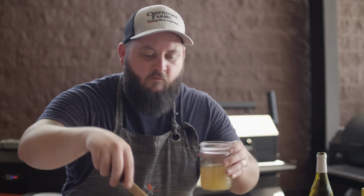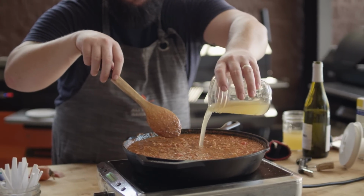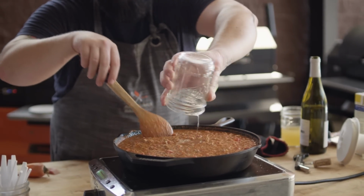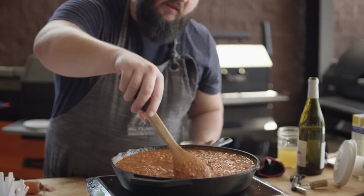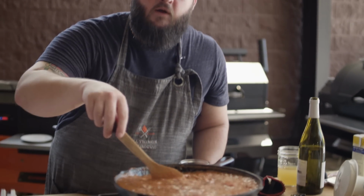We've given the tomatoes about 10 minutes, maybe 15 over a medium-low heat to reduce, make a little bit of room for our final liquid, which is chicken stock. And this is just going to add a little more depth of flavor to the sauce. And at this point, I want this thing to simmer probably for another 30 minutes. It's going to reduce and thicken up. All those flavors are going to meld together. So for now, I'm going to set this aside on another burner,